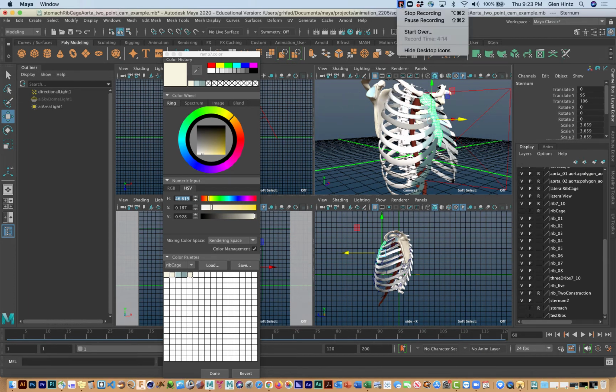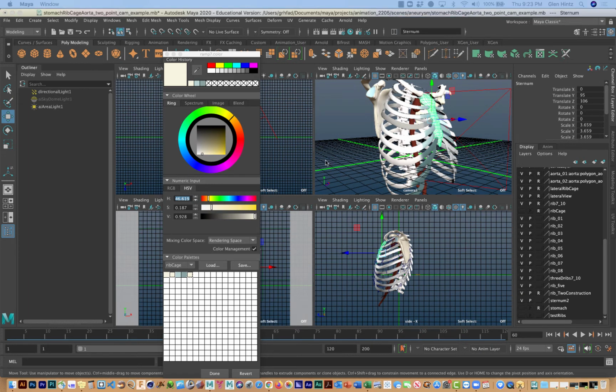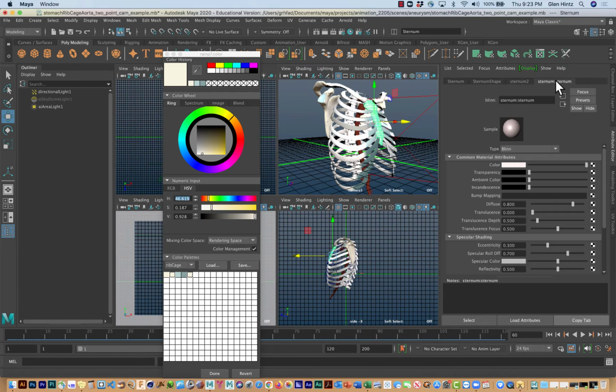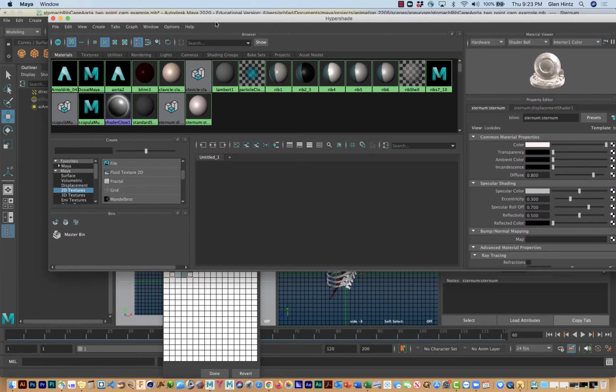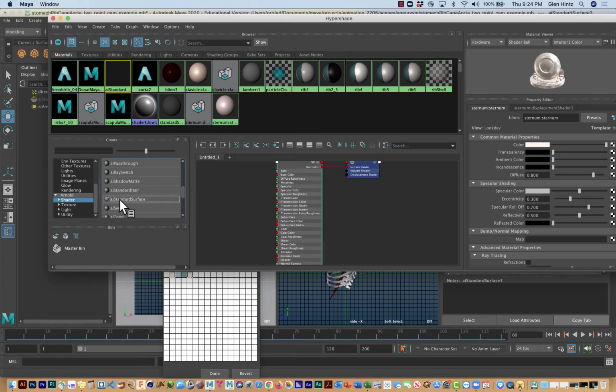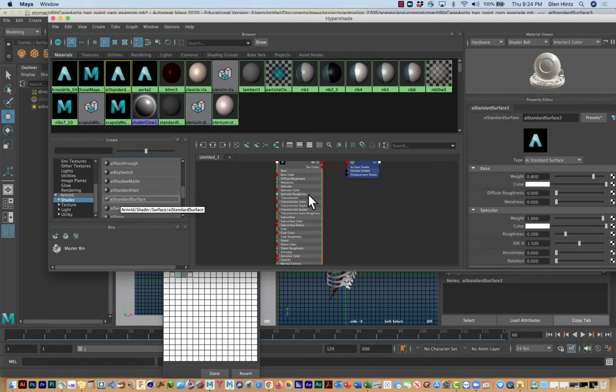I'm going to pause just for a second. So what I think I can do is, I've got the sternum selected. Let's go to the attribute editor. And you see this is the blend color that's currently on the sternum. So if I go to the hypershade window and say, give me a new Arnold AI standard surface, it does. And now I have my color. If I double click on the color,